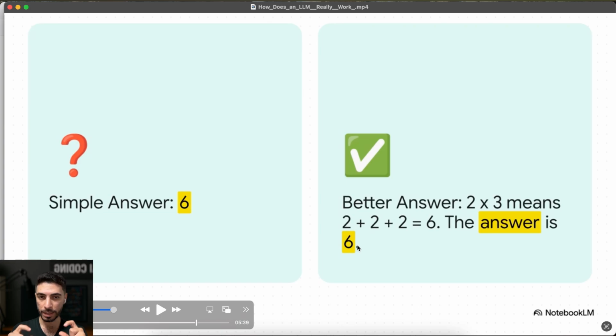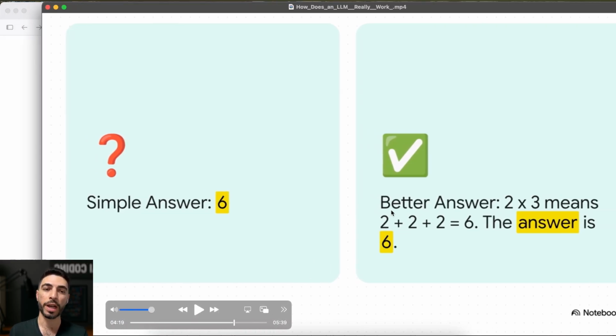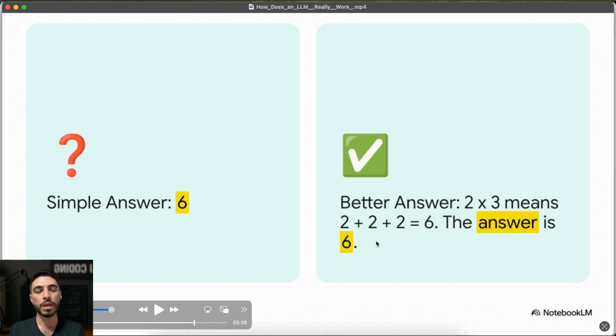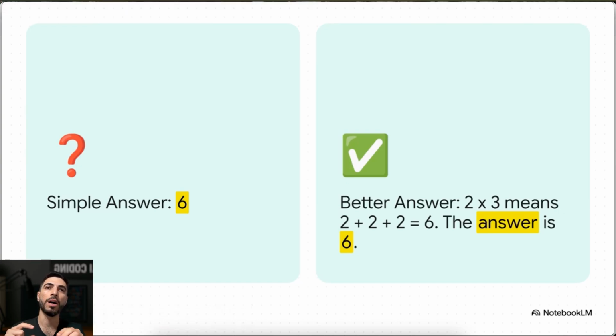But the longer the LLM tries to generate more tokens, the more chance it has to get to the correct answer. The more it explains, especially not just generating random context, the more chance we have to get a better answer. Like here, as you can see, for example, every time I write something like hi, when the LLM wants to generate another word, and another word, and another word,